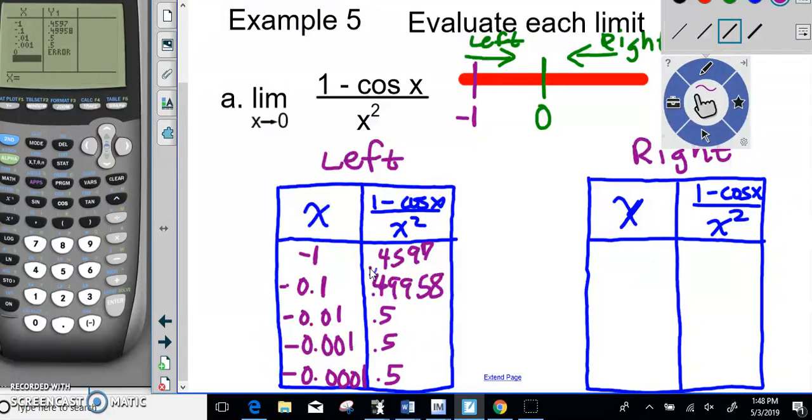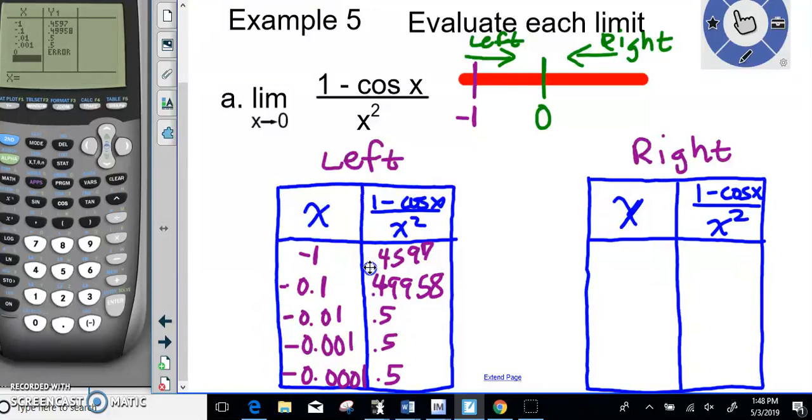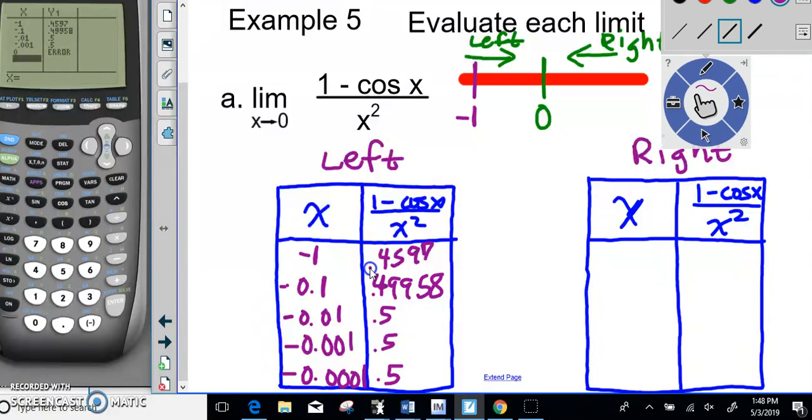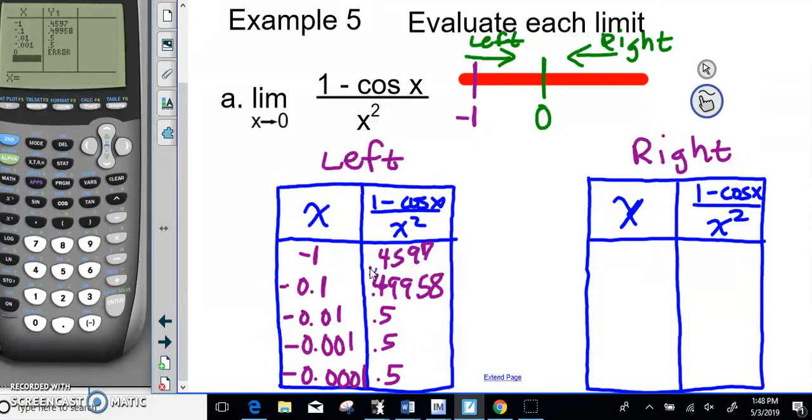Okay, so now we're going to go to the next side, and we'll talk about this table after we finish this part. Now we're talking about the right side. All right, so we're going from the right side now. That means we're going to start with the number 1 again and go down this direction, getting closer and closer to 0. So we have 0.1,